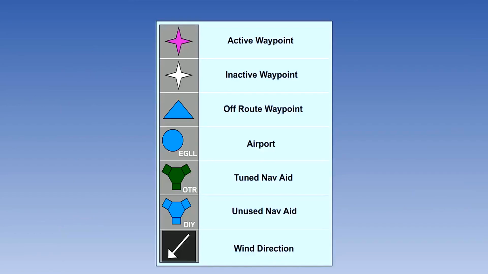Boeing uses the following conventional signs. Airbus and other manufacturers use similar ones. This is an active waypoint. It is colored magenta because the aircraft is on the leg to this particular point. Other route waypoints, for instance, those on the legs ahead of the present one, are shown in white. The blue triangle is what Boeing call an off-route waypoint. It means a known reporting point, usually in the local airway structure, but not one which your route follows.